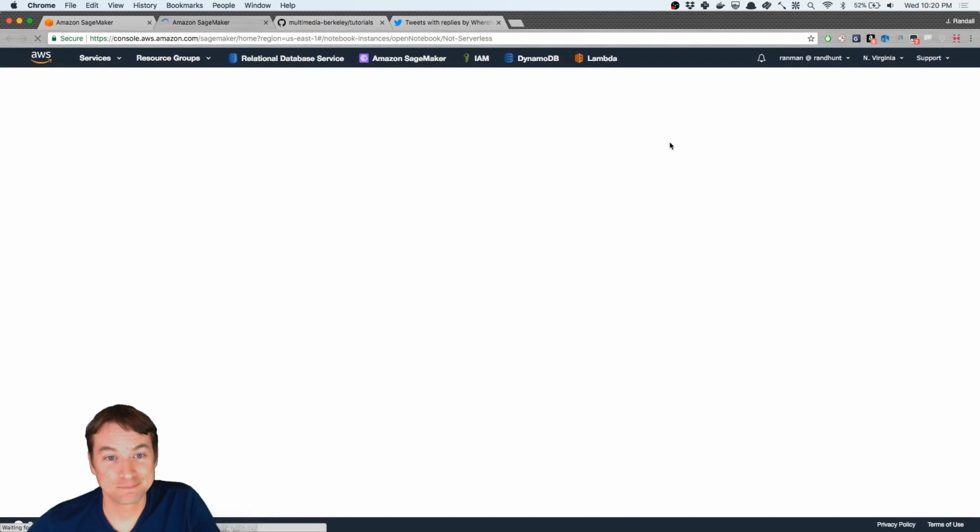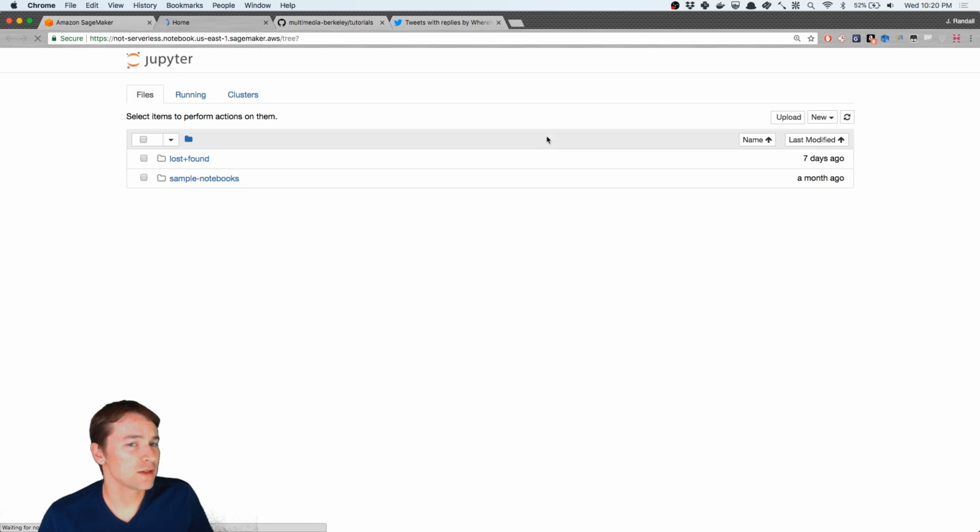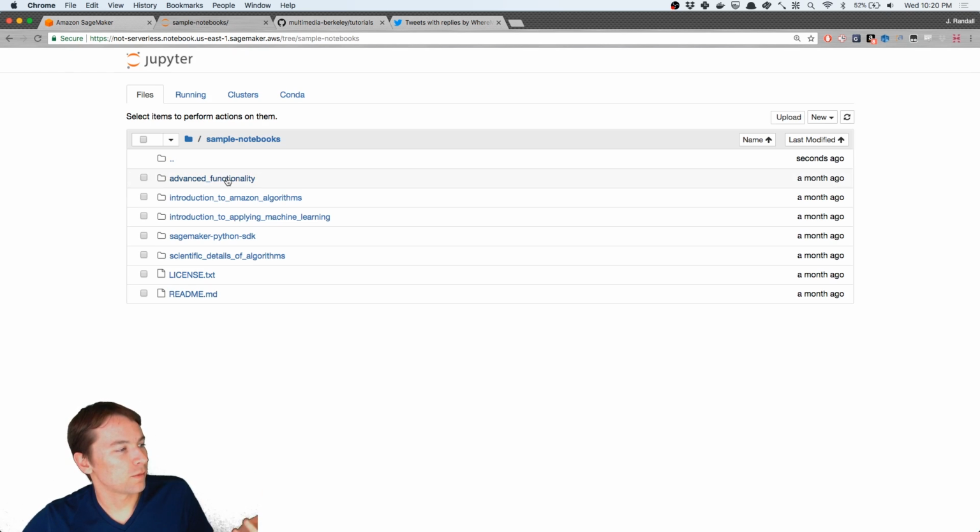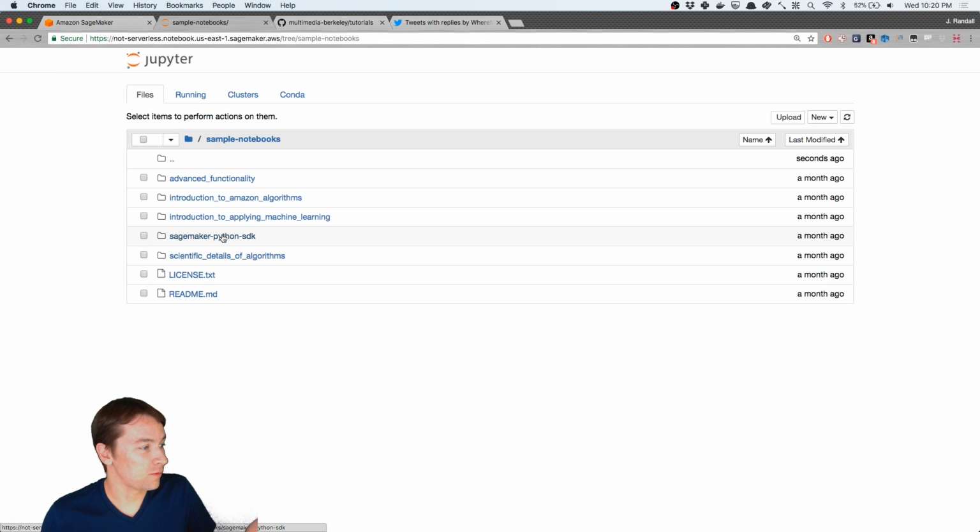We're going to launch this notebook, and what this does is it directs us into a Conda environment. This comes with a bunch of different sample notebooks. In addition to all of the cool features that I just talked about of running the notebooks and running the training jobs, there is a set of SDKs available in Python for SageMaker. And also there's a Spark connector if anybody wants to connect to EMR and stuff like that, but I can talk about that a little bit later. And this Python SDK actually makes it really, really easy to run and train any kind of